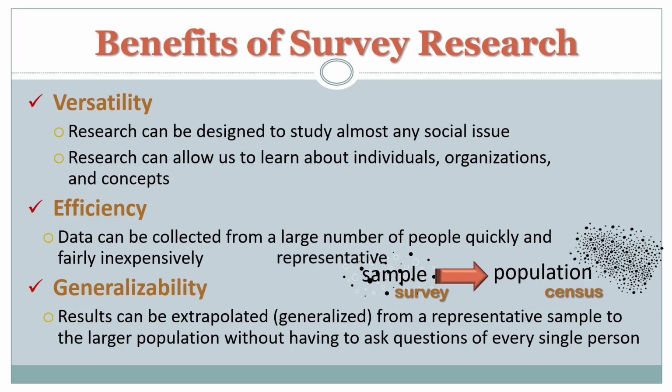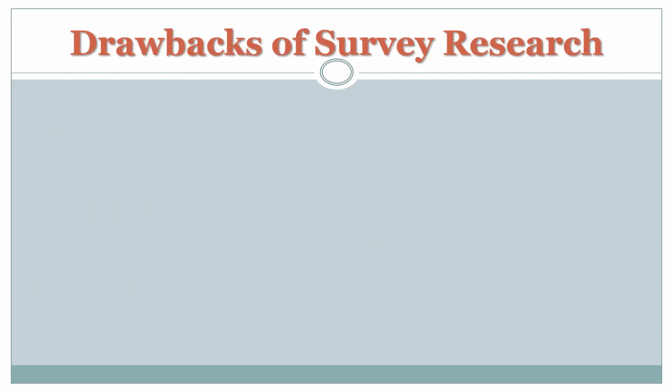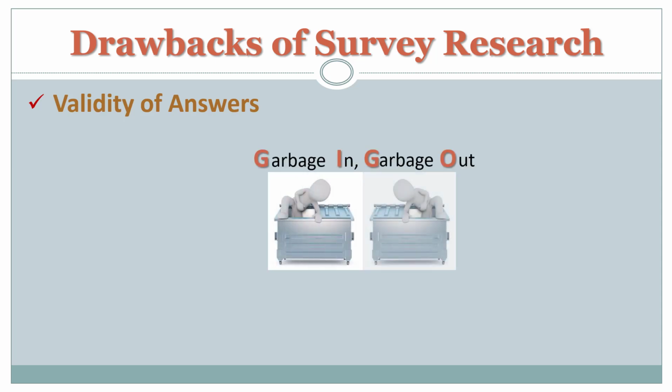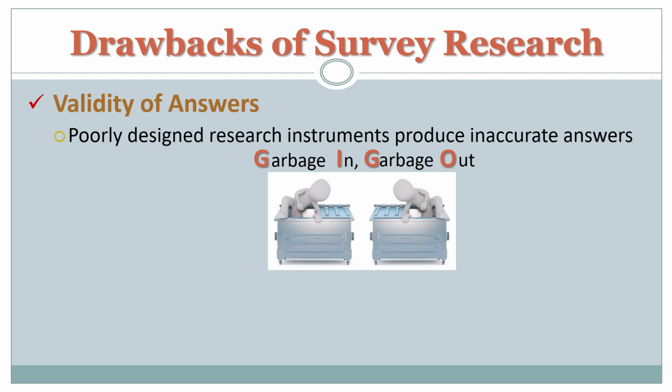But nothing is perfect, and surveys do not produce perfect research, which leads us to the drawbacks of conducting research via a survey method. As was the case for our discussion of the benefits, we'll limit our discussion here to three major drawbacks, even though there are definitely more. The first drawback relates to the answers you may receive. They may not be accurate for several reasons. If you've ever heard the term GIGO, garbage in, garbage out, you'll know that if your questions aren't designed properly, you won't get accurate responses.